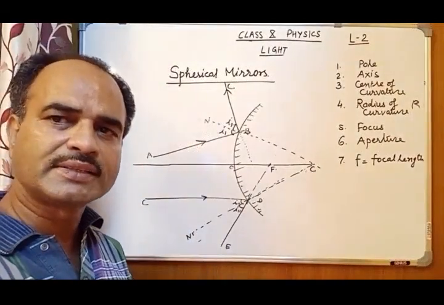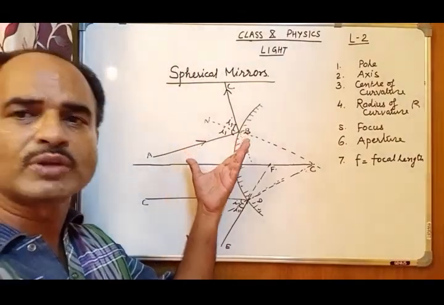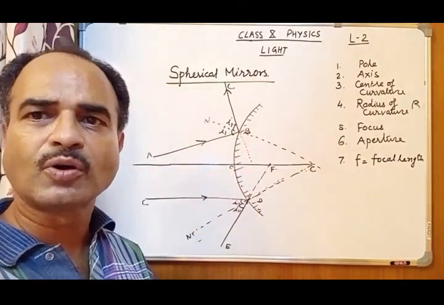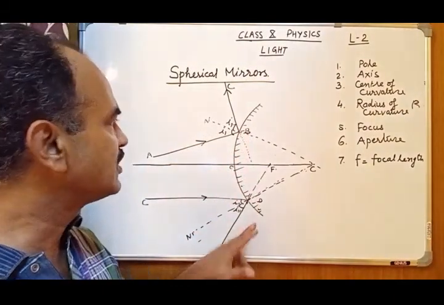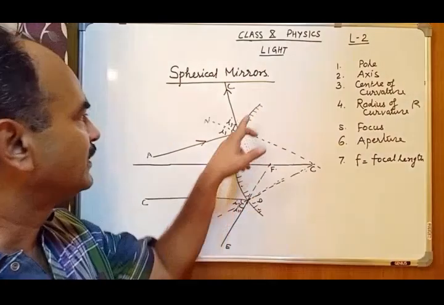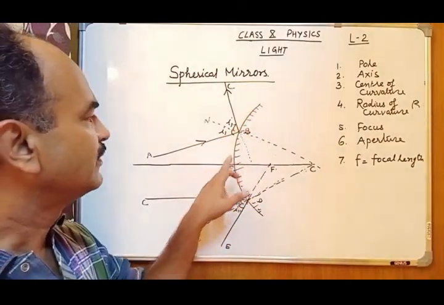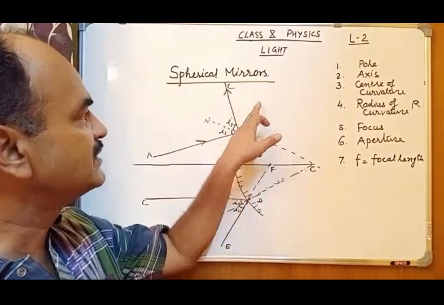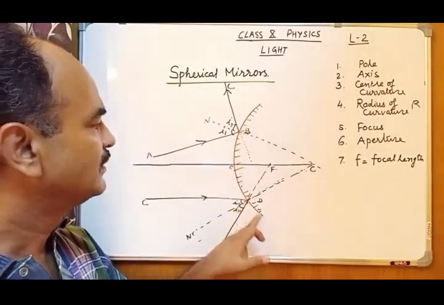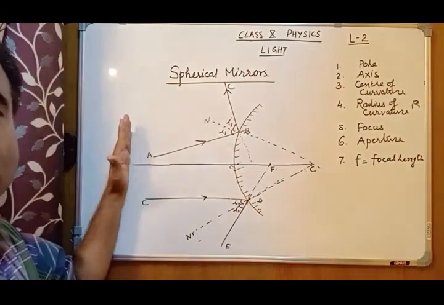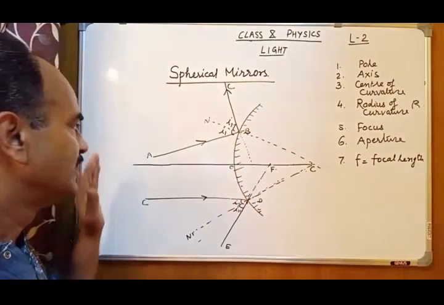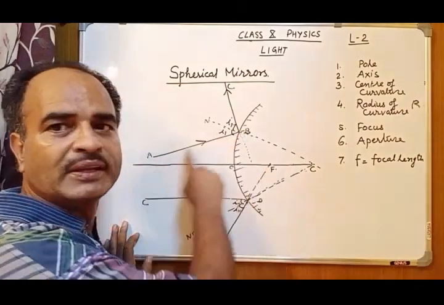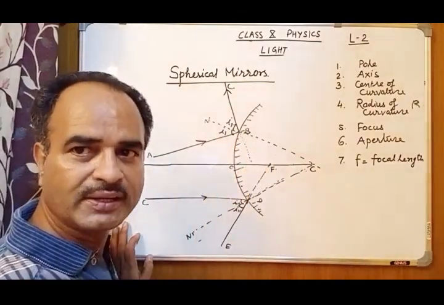Now in this case we will be considering two cases of incident rays falling at different angles on a convex mirror. This is a convex mirror. The bulged side, the side which bulges outside, is the reflecting surface, and this side is a dull surface. So we will have to keep the object somewhere on this side. Suppose one ray, ray AB, is falling obliquely on this surface.